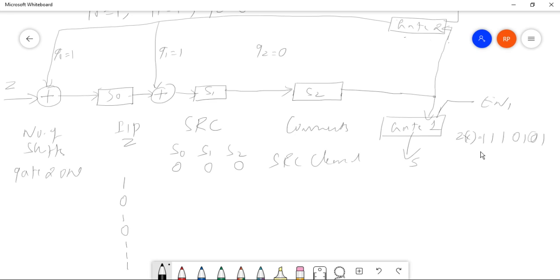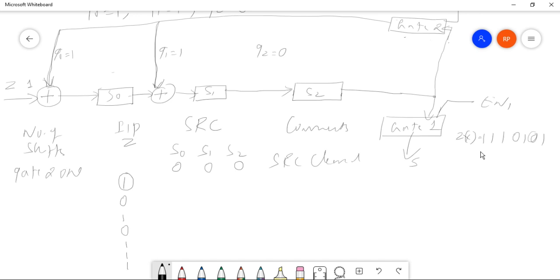So one by one, let us send the things in. The first bit of the input that will go in is 1, so I am writing here 1. Now, what happens to S0? That we should understand, right? See, G0 is equal to 1, we agree. Because of that, there is a line here which is connecting. This line indicates that G0 is equal to 1. This line indicates that G1 is equal to 1. Yes, we agree, right?